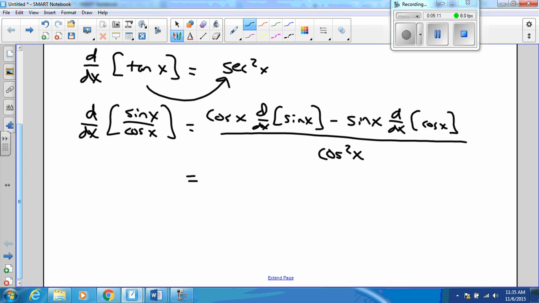Students will often get themselves befuddled, that's not an English word, because they try to do the whole thing. Am I right? Are you looking at this whole thing and going, I have no idea? Yes. Don't. Instead, focus on each individual piece, because each individual piece is actually something that you can deal with. All of these things that we already have right here, we don't need to change. The cosine x is still the cosine x, and the minus sine x is still the minus sine x, and the cosine squared x is still the cosine squared x. The only two pieces you need to focus on at this point are just the calculus pieces.